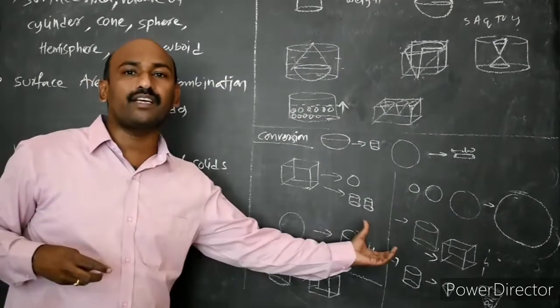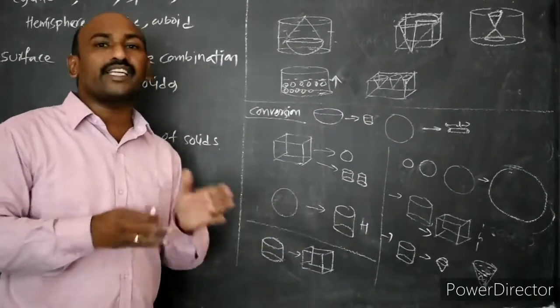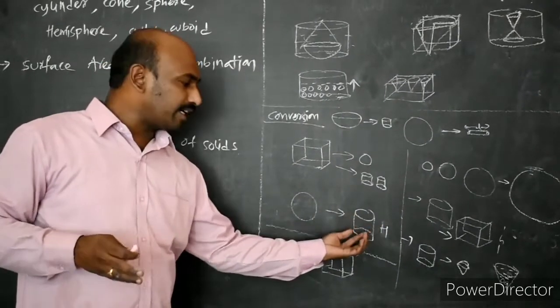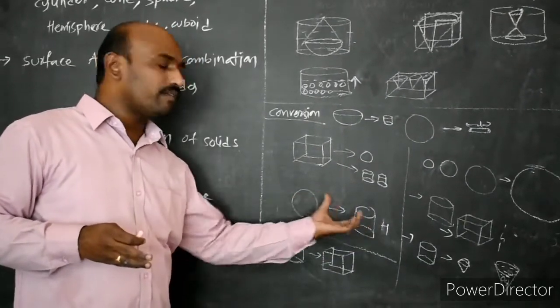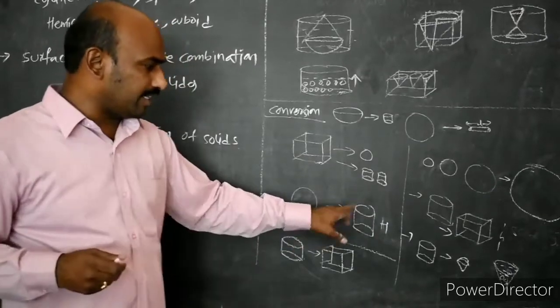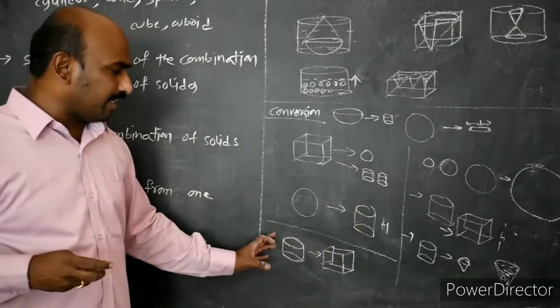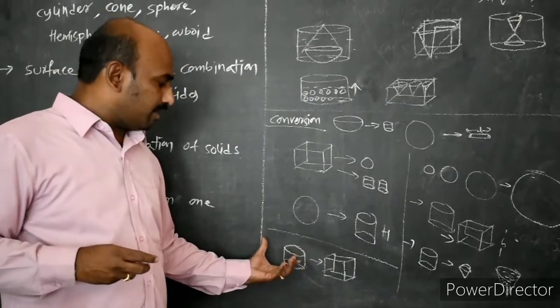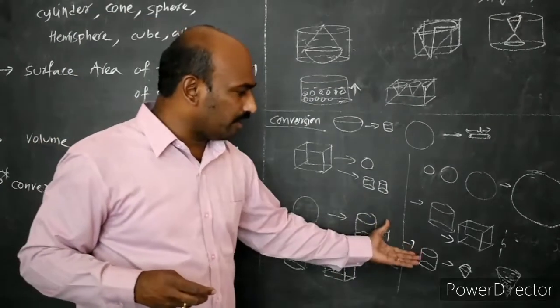sphere converted into cylinder, what is the height of that means at that time we need to take only one cylinder, volume of the sphere equal to volume of the cylinder, here radius will be given, here also radius will be given, we can get the height of that cylinder. And cylinder melted, and how many cubes means we can get volume of the cylinder by volume of the cube. In that way, how many